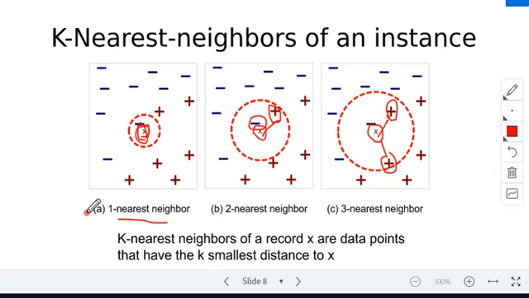As I told, when we go for the three nearest neighbors, we take the maximum class label, and the test data will belong to that. When we go to an even number, that is 2 here, or if we go to 4, in that case equal votes can come, and then we have to go for majority voting.